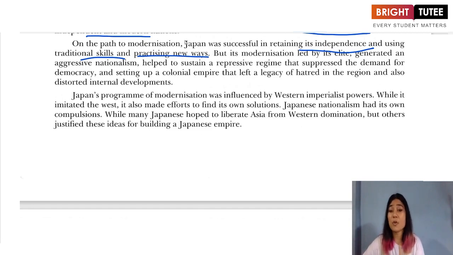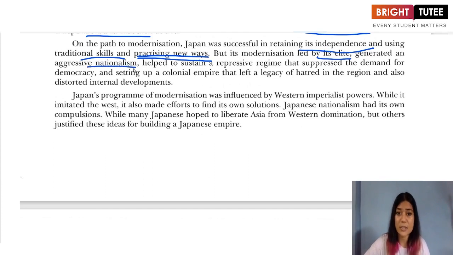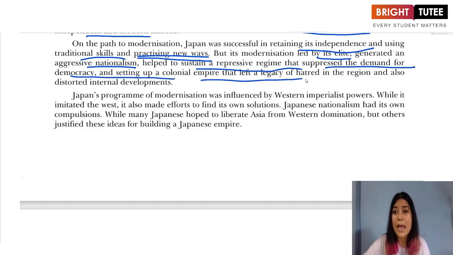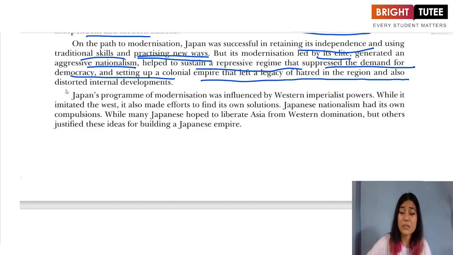It was not dependent on other countries, and as it was not dependent, it used its own traditional skills. But alongside its own skills and traditions, it also used new ways. It was also influenced by new knowledge, new ideas, and it practiced new ways to bring about modernization. Okay. But this modernization, led by its elite, generated an aggressive nationalism, helped to sustain a repressive regime that suppressed the demand for democracy, set up a colonial empire, and left a legacy of hatred in the region and also